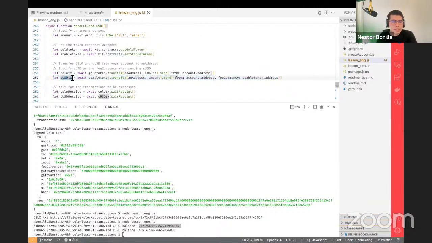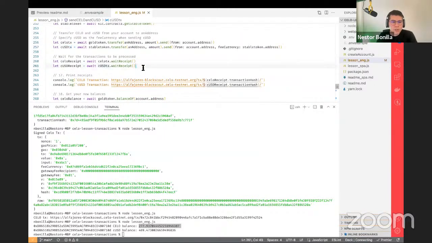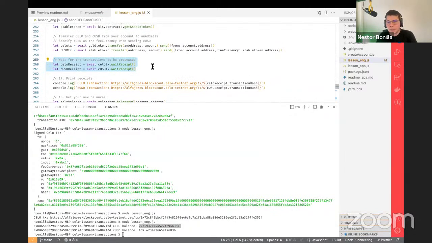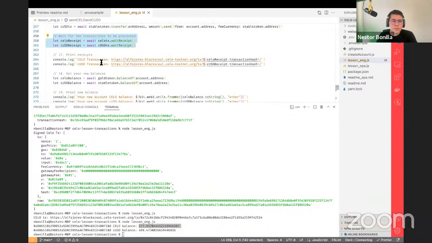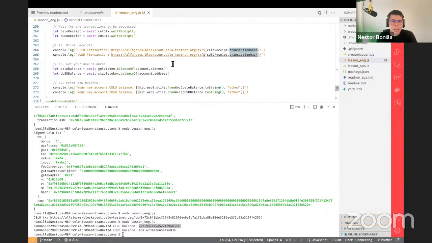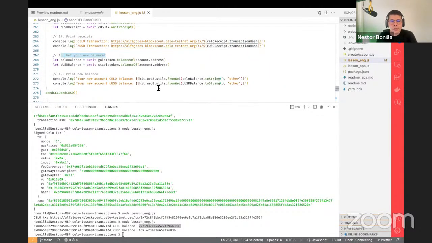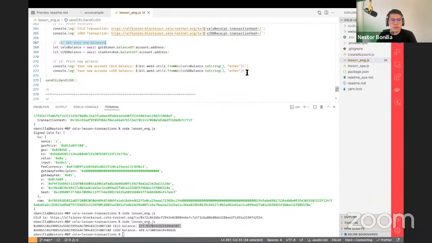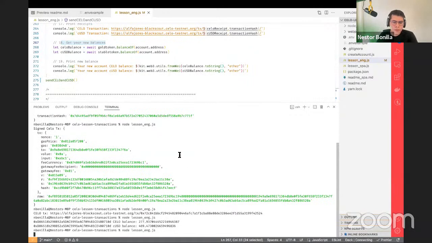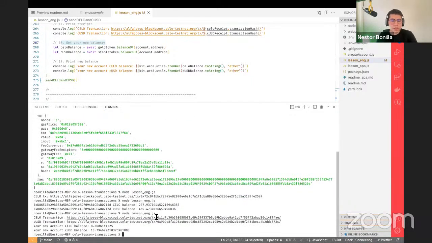So this is going to be the transaction. This is going to be the transfer. Also, we always need to do an await because it's sent to the blockchain, we need to wait for the receipt. And then once we have the receipt, we are gonna get a hash. Once we have the hash, we can get the new balances just to verify that the transaction proceeded accordingly. And we can print that in the console log. All right, so it's sending that to the blockchain, and we have the first, let's say, the cUSD transaction.